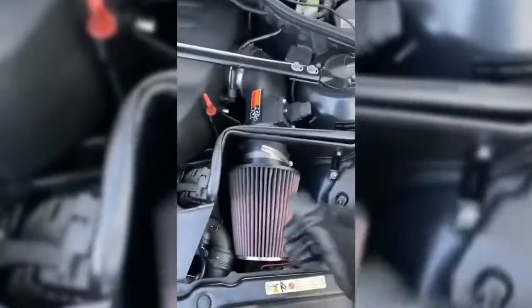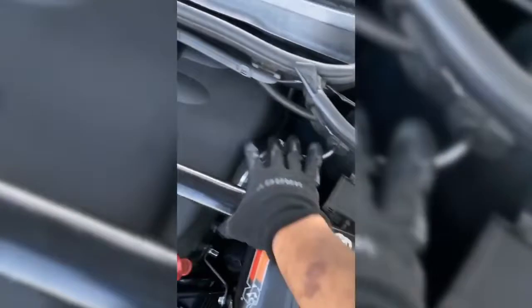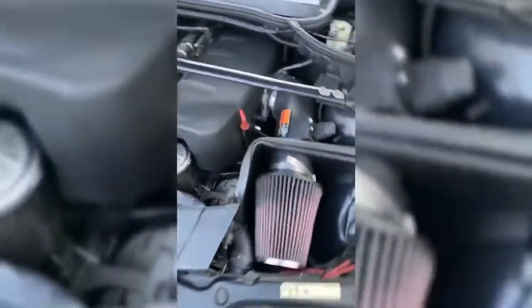Alright, so I took it out for a test drive. No engine light, no nothing. Good. Only thing that I had a problem with was this had a lot of play, so I ended up adding another hose clamp right there, one and two, just so it holds on a little bit more snug. And yeah,